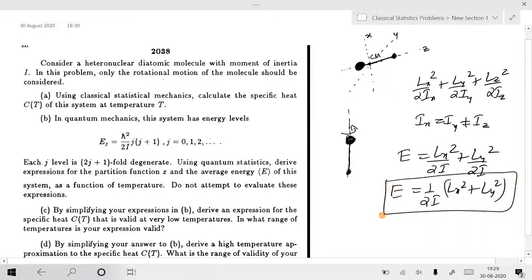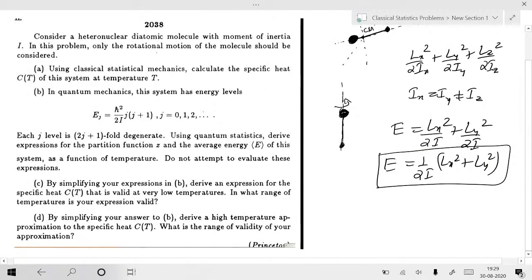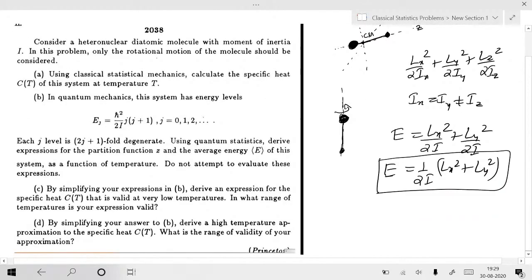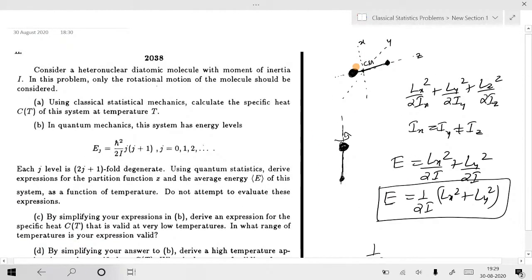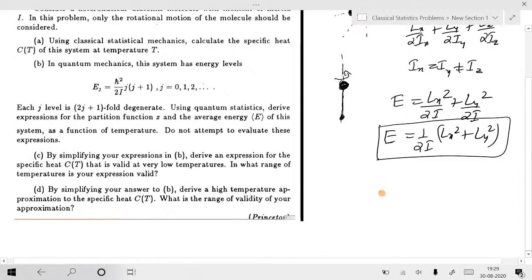Any question regarding this one? Let me explain this one again, okay? Maybe in classical mechanics, or in diatomic, molecular spectra. One thing you should remember, this is the Cartesian way of dealing with that. If you try to write in polar coordinates, you can write it like this: 1 by 2I into, again you can write a Hamiltonian for this. We shall deal with this one, the Hamiltonian for a diatomic molecule.